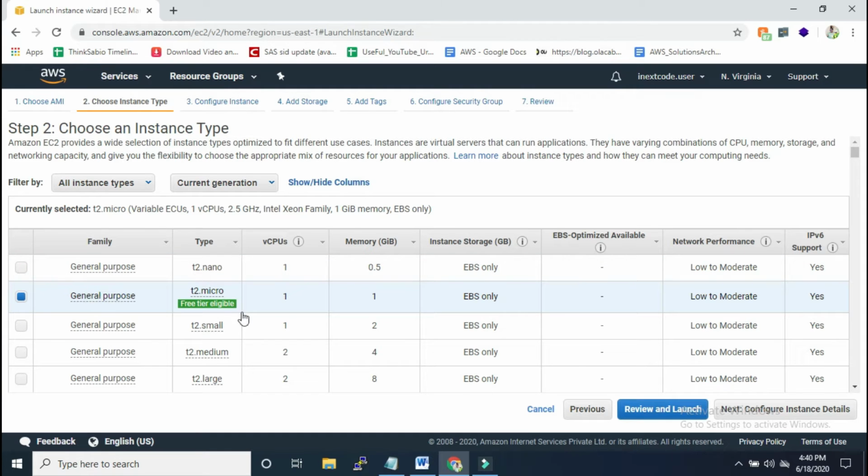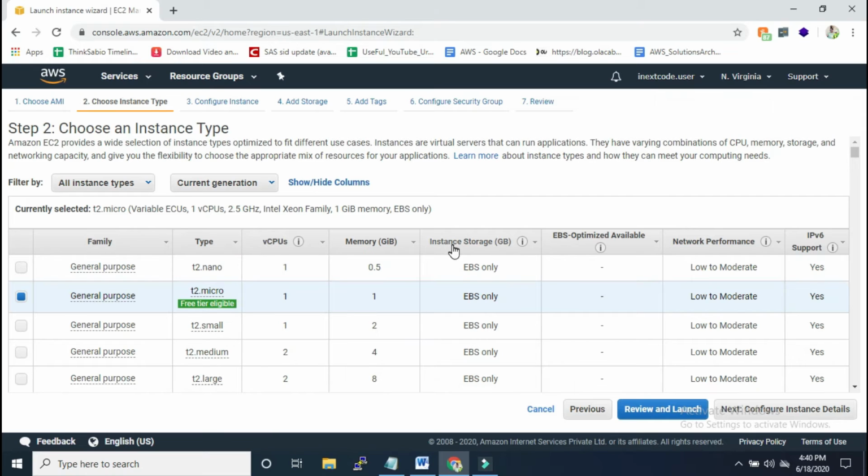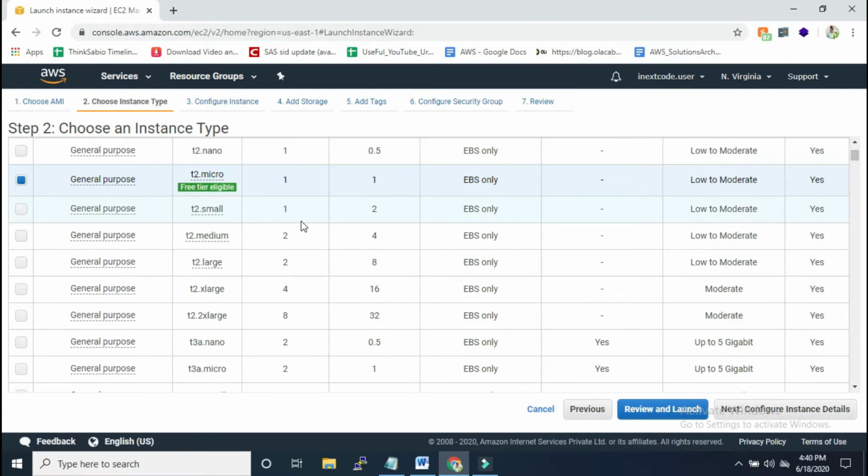Here I'm going with the free tier. Here you can see the CPUs, memory size, instance storage. I'm just using a single processor. If you want more, 2 into 2 processor, or T2 2x large. It depends on the purpose, you need to select this option.